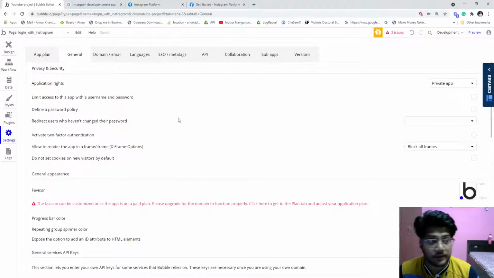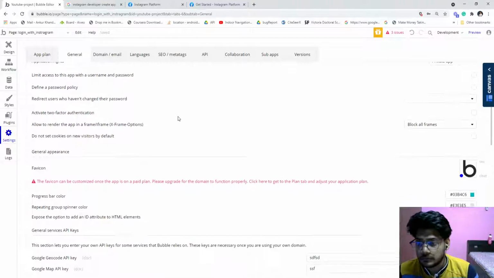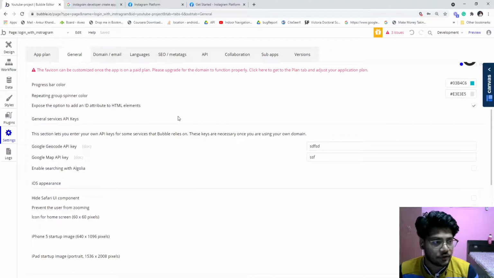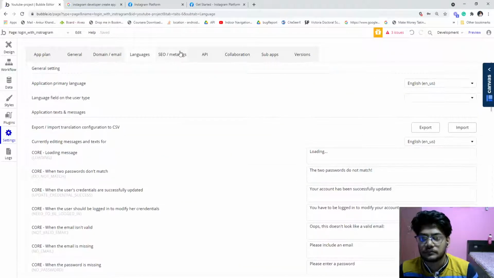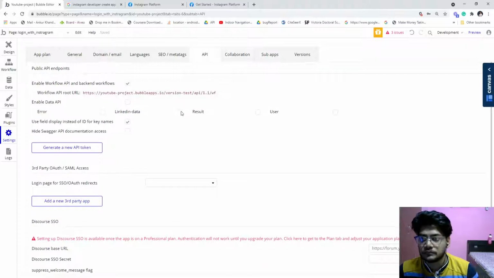You have to enable it. I'm just looking for that check. Yeah, enable workflow API and backend workflow. Just enable it if it is not enabled in your project. Once you enable it, it will start showing here. So this is the backend workflow.